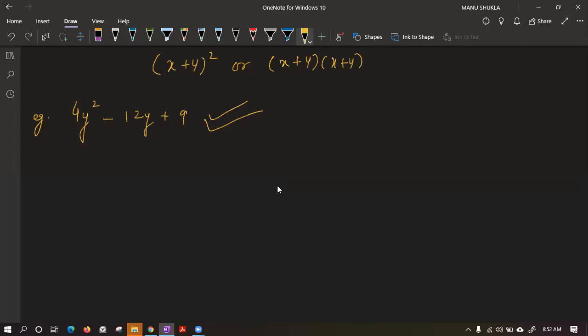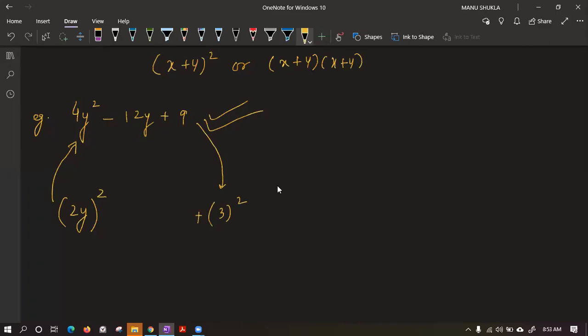So we will try to write from which term this term would have come. Please tell me, class, from which term this 4y square must have come. This came from 2y whole square. Yes. If you have 2y in bracket and you put a square on it and you solve, you will get 4y square very easily. Similarly, tell me from where this 9 came. Yes, Joel, good beta. This came from 3 square.